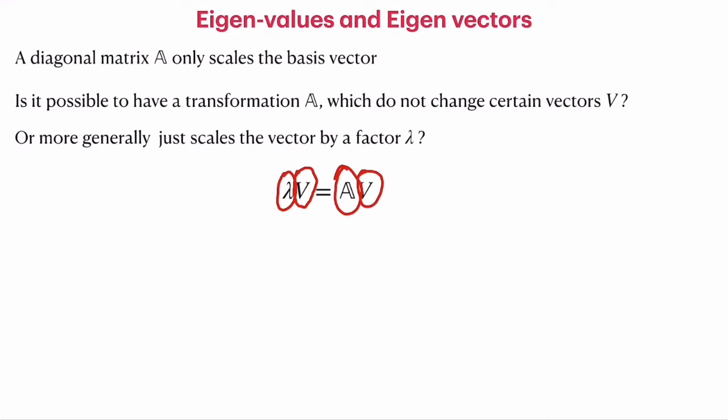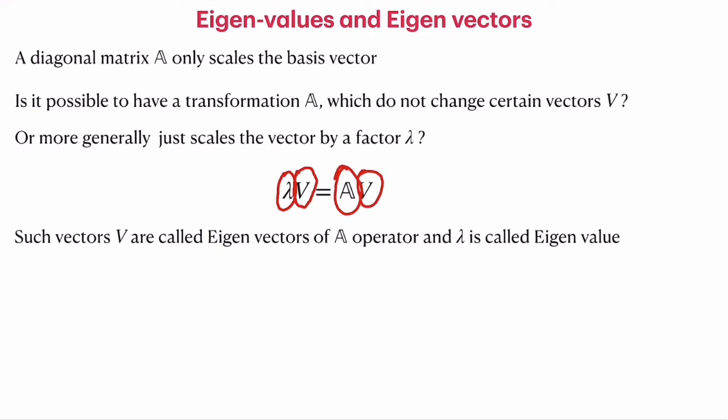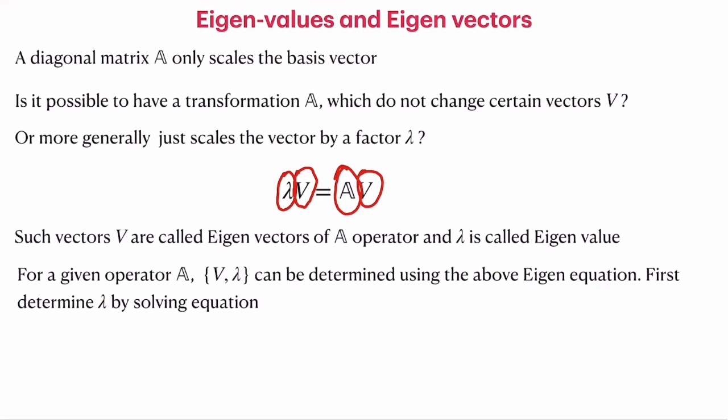So this is called the eigenvalue problem in the matrix. The vector V is called the eigenvector of the matrix or operator A, and lambda is called the eigenvalue of the operator. It is a combination of eigenvector and eigenvalue which depends on the property of the transformation A, and both can be determined from the